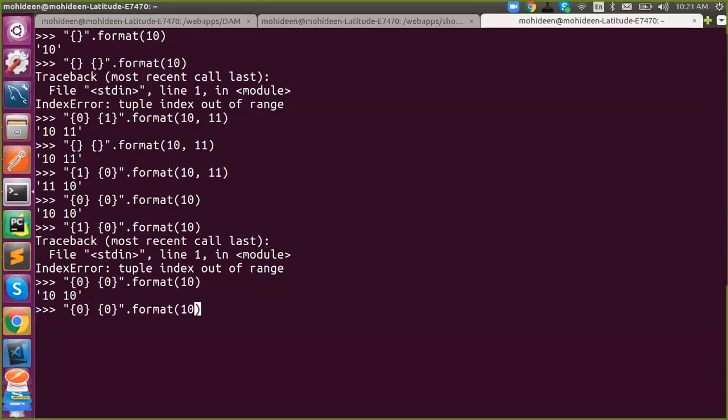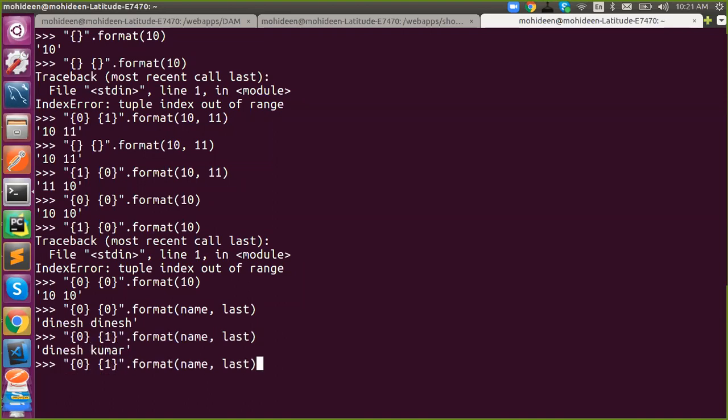Got it? So similarly we can do main, last. As Shivam asked, how to do the same thing in older formatting. Okay, so here what you can do. This is a key or a position to replace your input.